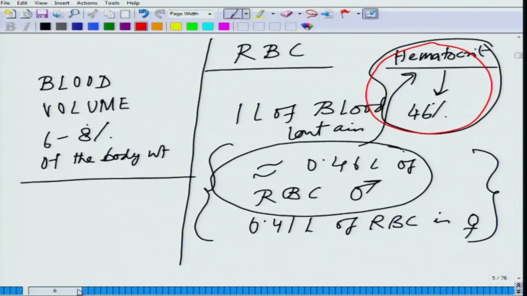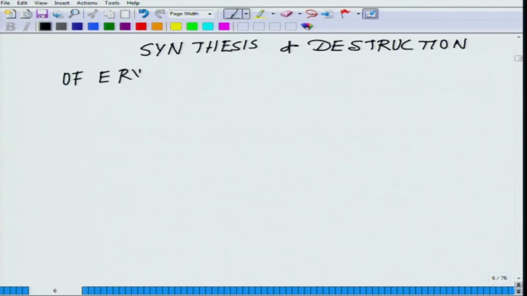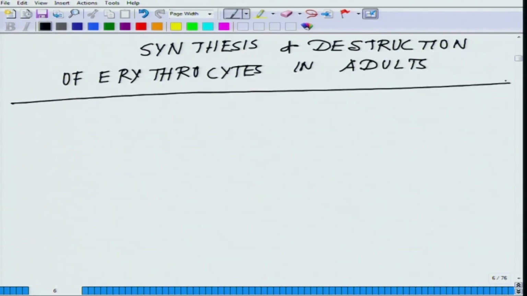So, next what I will do, I will draw the overall control, or rather the synthesis and destruction of erythrocytes in adults, and then we will talk about why these erythrocytes or red blood cells are without nucleus. So, it is in adults. Okay. So, what I will do, I will give you in a diagrammatical manner that will help you to understand